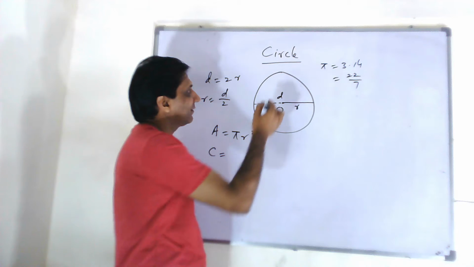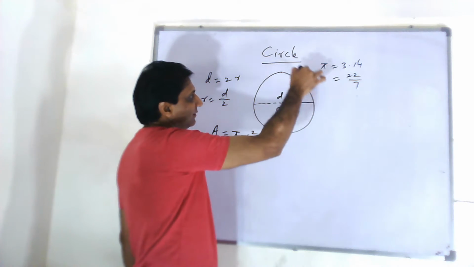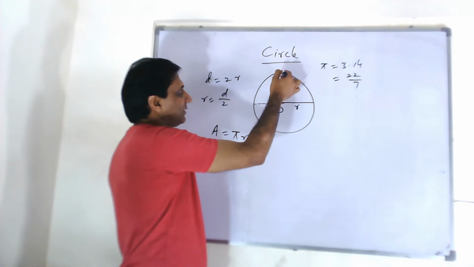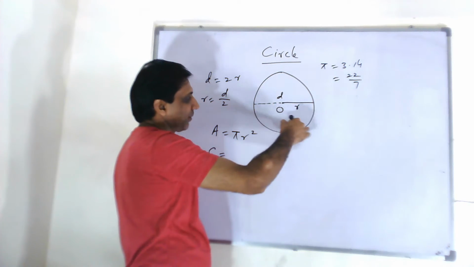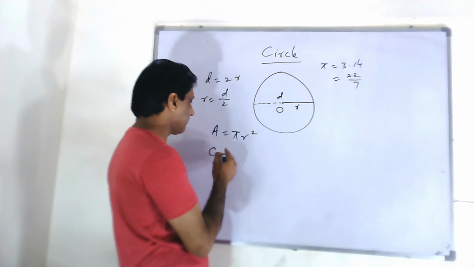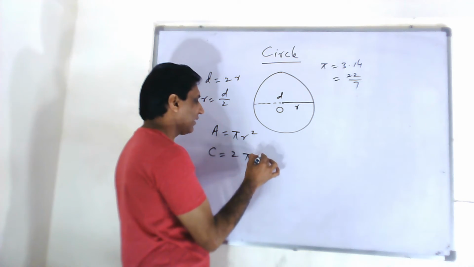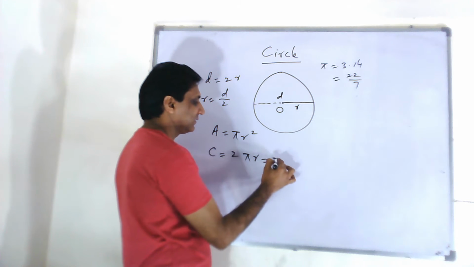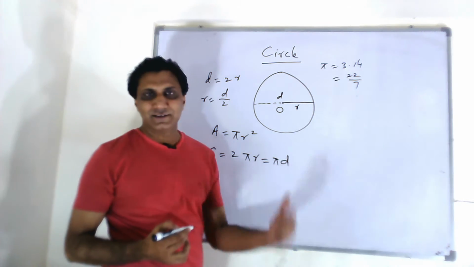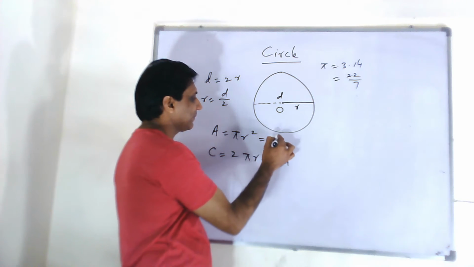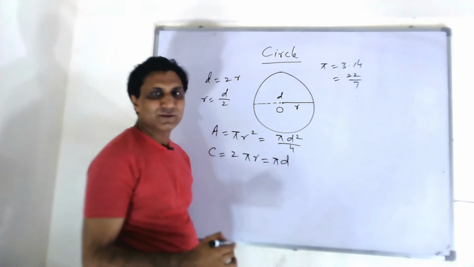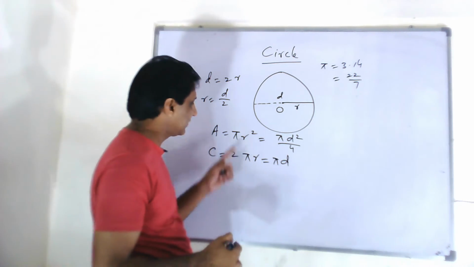The circumference is the distance, the circular distance actually. You want to run along the circle, this peripheral distance, or you want to make a boundary with a rope, the length of rope is the circumference, that is 2 pi r or pi d. If you take 2r as d, same thing. Similarly, area can be pi d squared over 4, but you seldom use these formulas, usually you use these two.